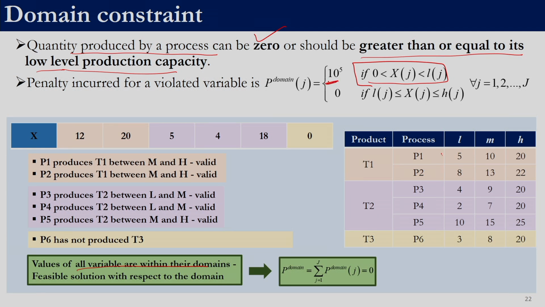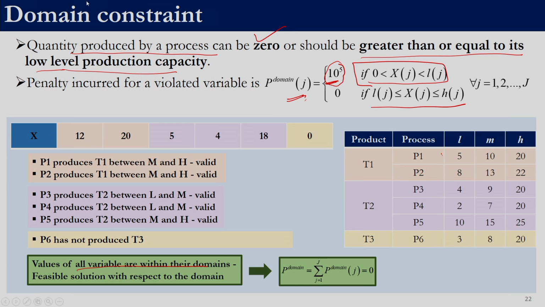Remember when we discussed constraint handling in the previous session, we said one of the approaches was hard penalty. So, here we are using a hard penalty approach. No matter how much it violates, we are going to assign a penalty value if it is not satisfying something that is required. Here what we require is that Xj has to be either 0 or in this range. But if it happens to be greater than 0 and less than L, then we will assign a penalty of 10 power 5. This is for each variable. Every variable that violates the domain constraint gets a penalty of 10 power 5, and it is a hard penalty.